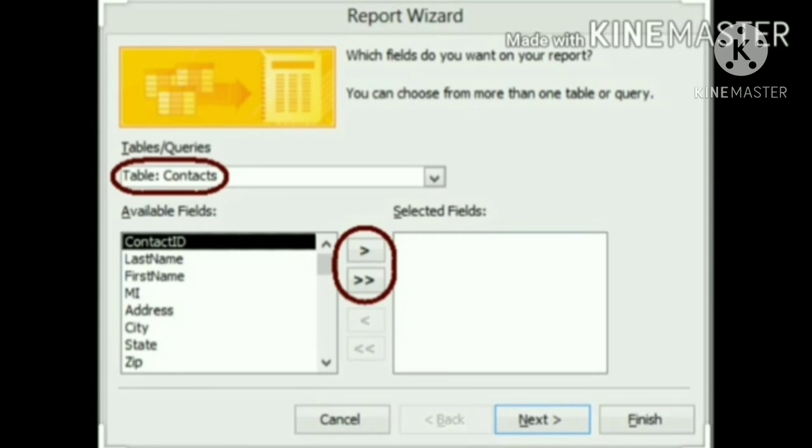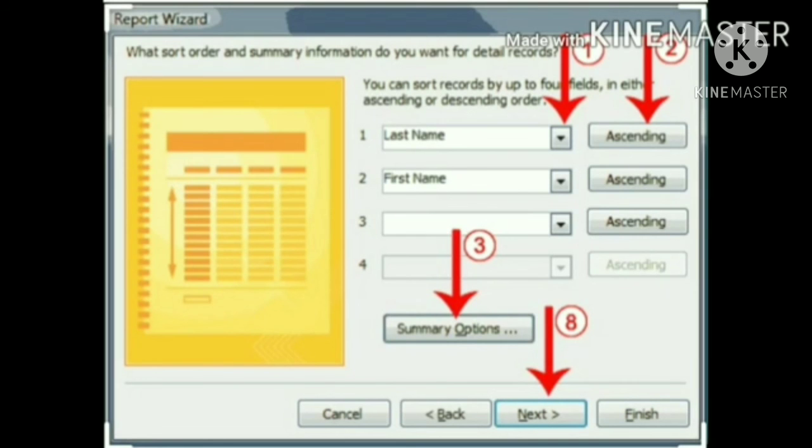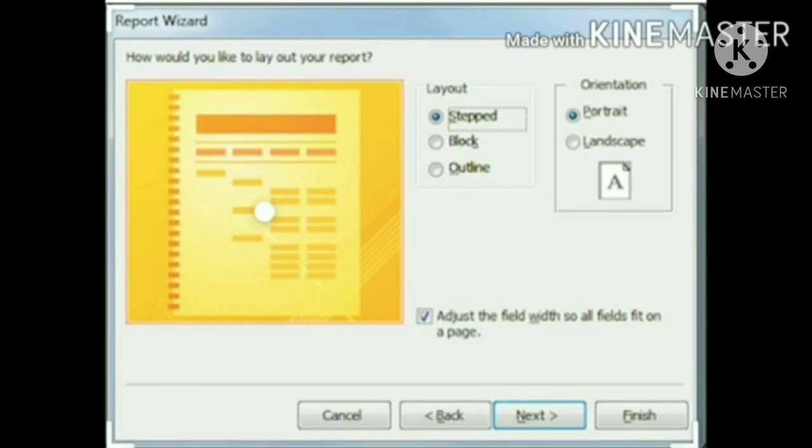First, click on Report Wizard. A report wizard dialog box opens. Second, here select the fields of the table or query that you want to retain in the report. Third, after selecting the desired fields for the report, click on the Next button. Fourth, in this dialog box set the sorting order of the records for the report. Note, you may always select the Back button and get to the previous screen. Fifth, click on the Next button.